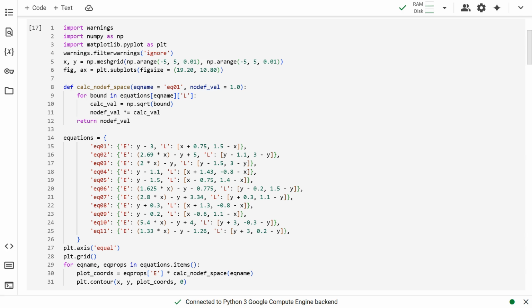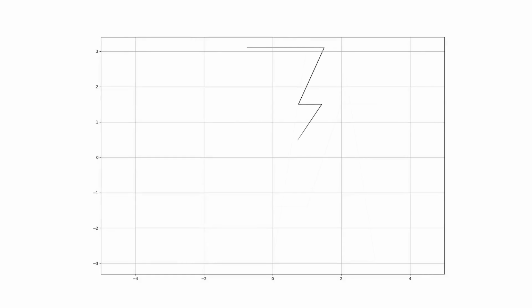For each equation, we calculate the points of the line. We also calculate the spaces where the equation is undefined, owing to the square root parts. Once we are done calculating the points, we make a contour plot over the mesh grid. Watch the emblem of Shazam come to life, with the power of mathematics in Python.